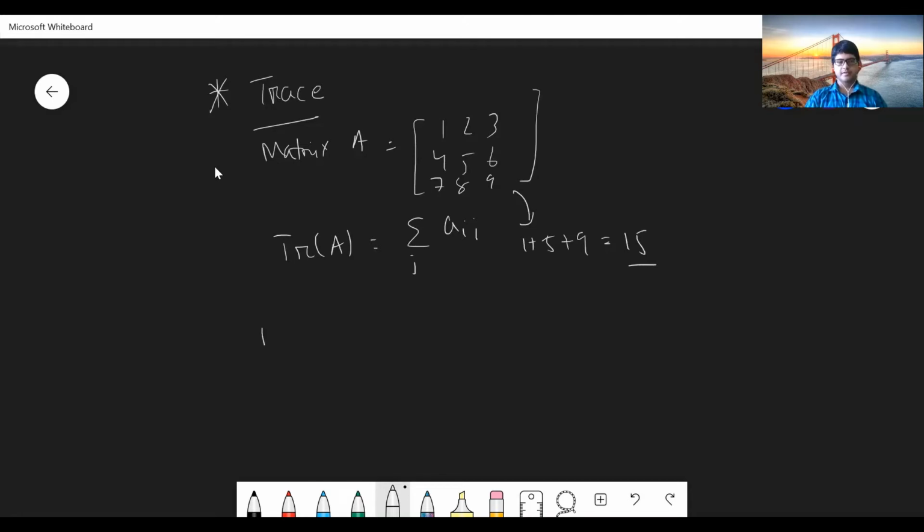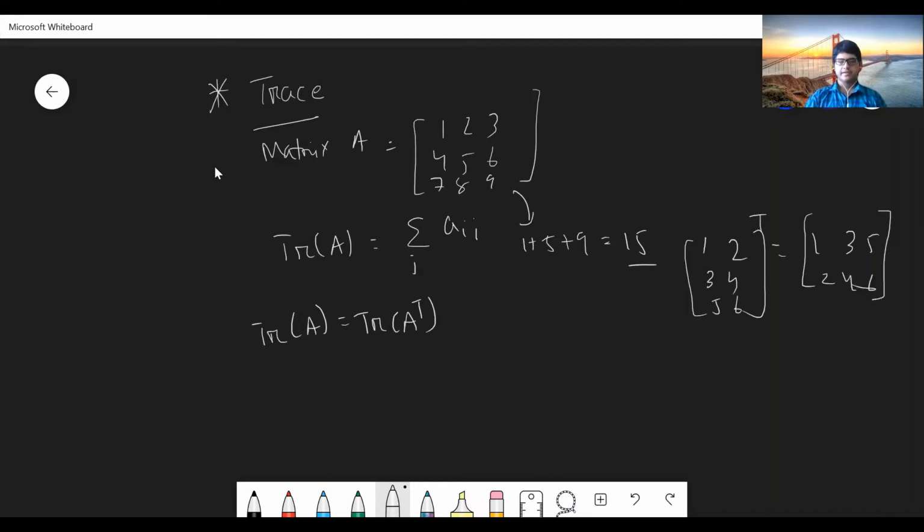Now there are certain properties. The trace of A is going to be the trace of A transpose. Now what is the transpose operator? I'm just going to cover that in this lecture shortly. Don't worry about that. Transpose is basically where you just interchange the rows and columns. It means the transpose of 1, 2, 3, 4, 5, 6 is going to be 1, 3, 5, 2, 4, 6. Replace the A_ij element by the A_ji element. Fine. I'm going to cover that later, but this is the first property you should remember.